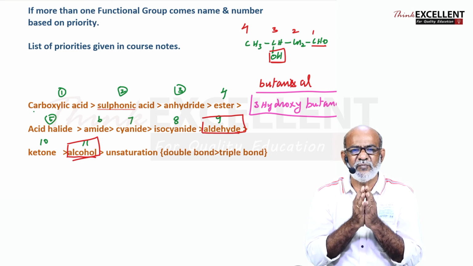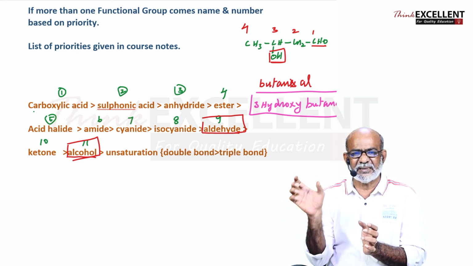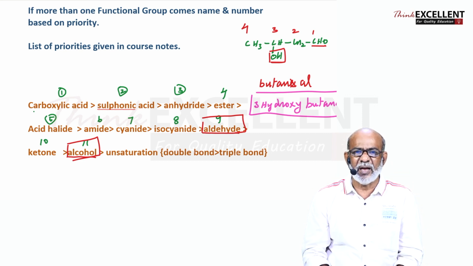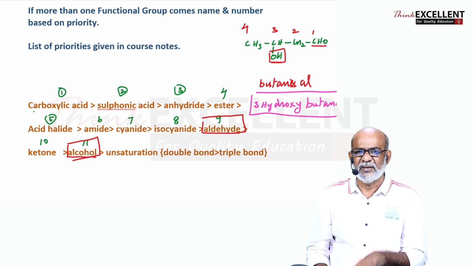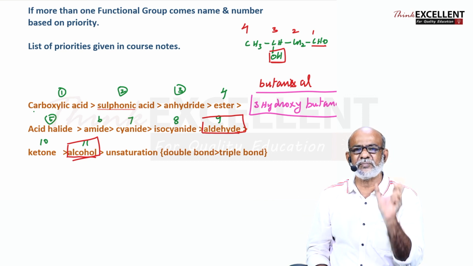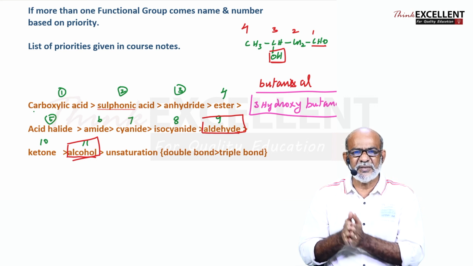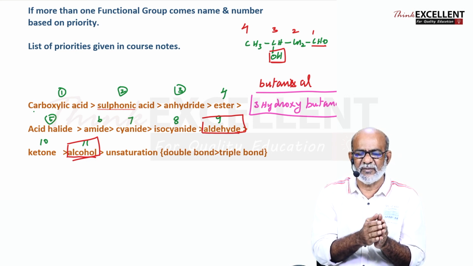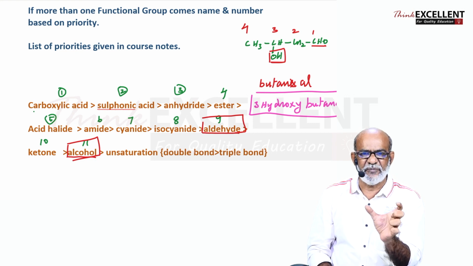Once I tell you, if two or more substituents come, one is taken as suffix and the other is taken as prefix. According to the priority, you have to decide which one is prefix and which one is suffix. The one with more priority is taken as suffix, and the one with less priority is taken as prefix. For every functional group, when it comes as a suffix, there is one particular word. When it comes as a prefix, the word is changed. For example, alcohol, if it comes as a suffix, is OL. If it comes as a prefix, it is hydroxy.